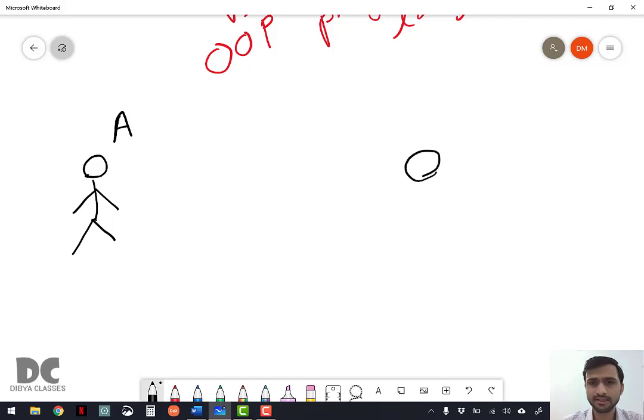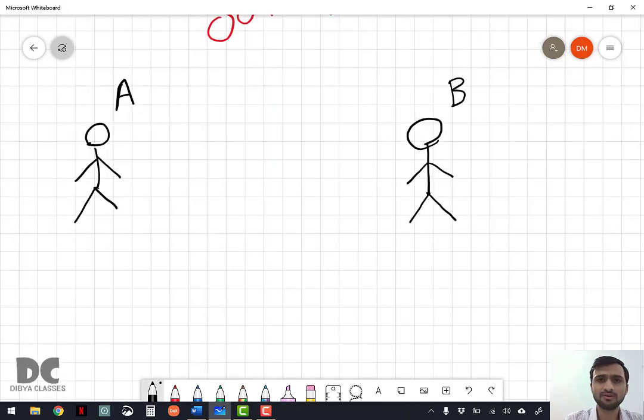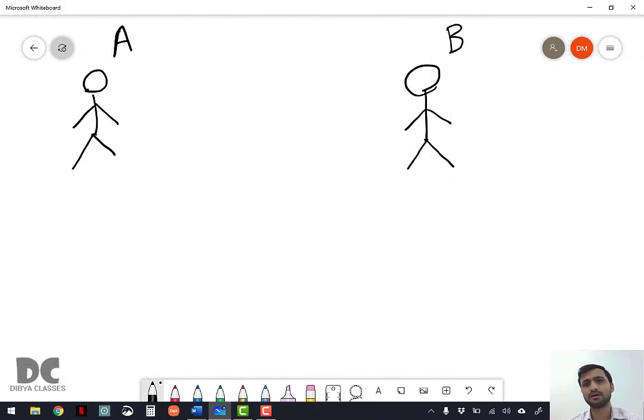Similarly, there is another guy whose name is B, and he also has an ice cream factory. Now they have to buy machines to make ice creams in their factory. So what A did, he bought an ice cream machine, okay, which has a cost of 3 lakh rupees. The machine which will help him to create the ice cream cost 3 lakh rupees.